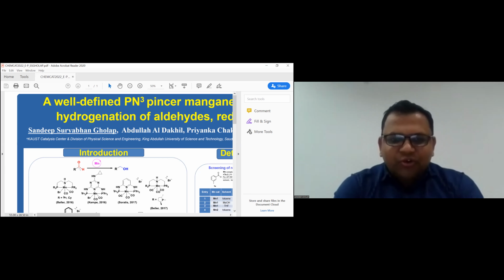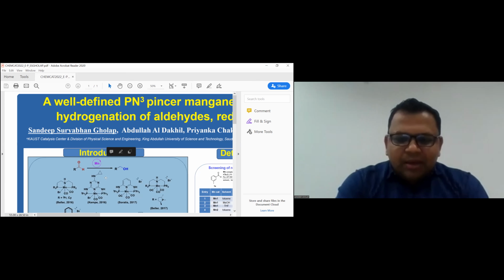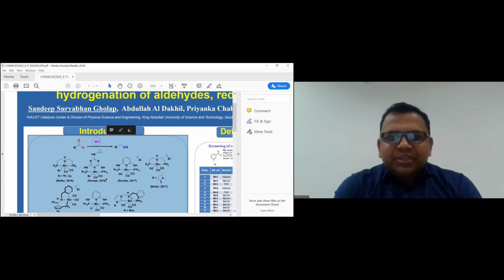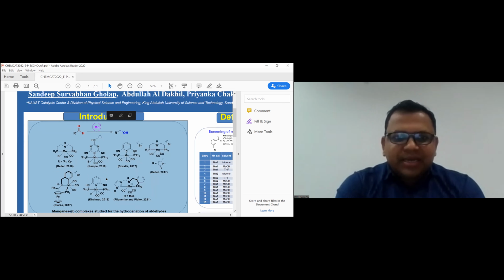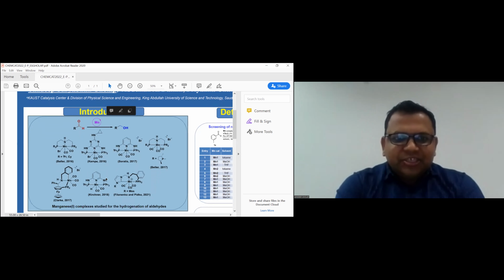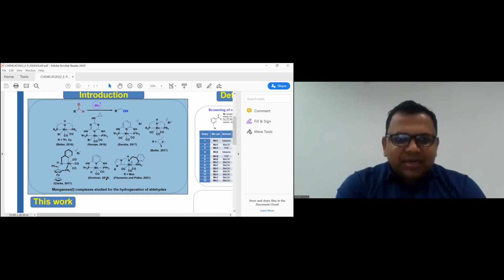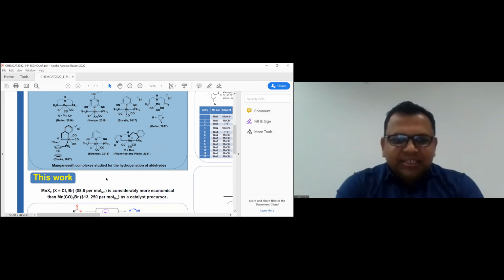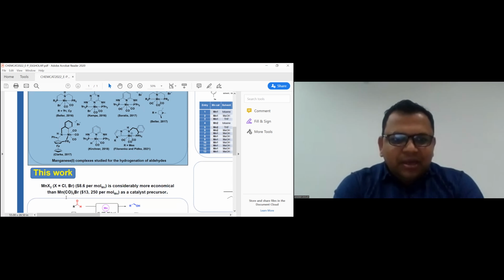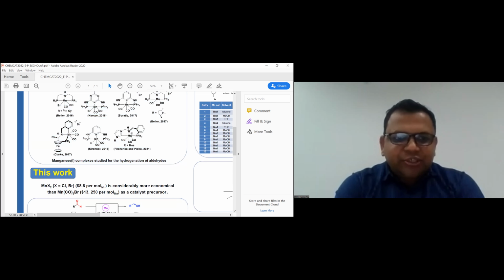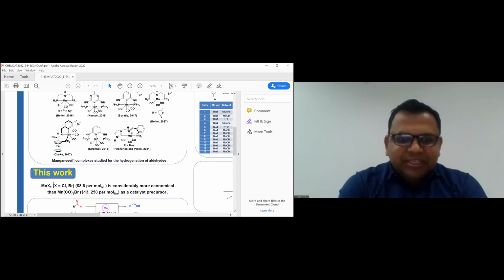the aldehydes into alcohol. There are many manganese complexes as cheap catalysts that could be used for the synthesis of these alcohols by directly reducing these aldehydes. Most of these Mn sources are pentacarbonyl manganese bromide. If you see the total cost that we calculated, it is much higher than the precursors of this manganese halide. So we think that